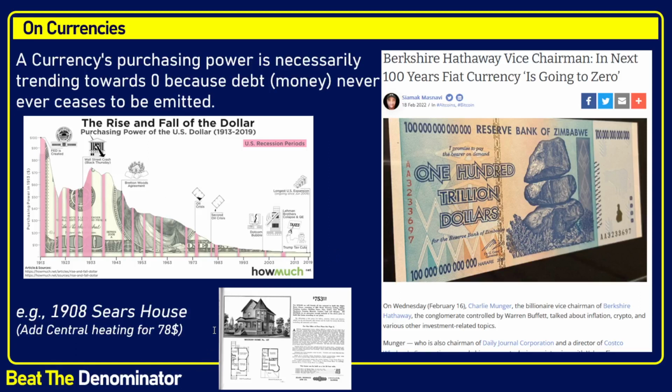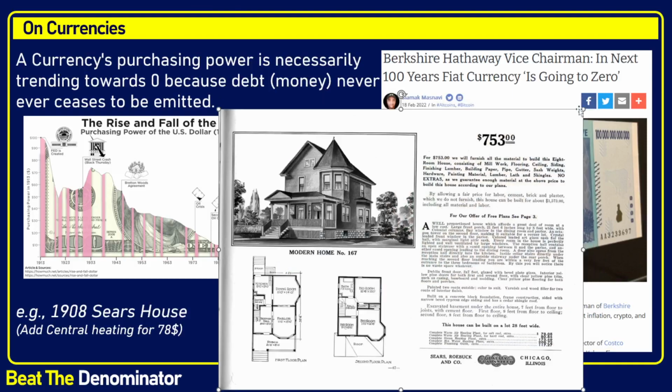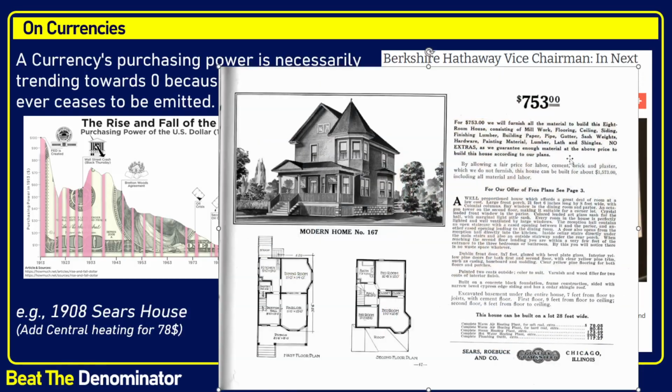And another example that I often use to talk about the dollar is I like to look at old Sears catalogs. You can find them online in PDFs. This is an example of an old Sears catalog in the US of 1908. I typically show different homes in my videos, but this is another one. This is a Victorian style home, right? A really nice Victorian style house with, I think, about 8 rooms in it. Anyways, the house is